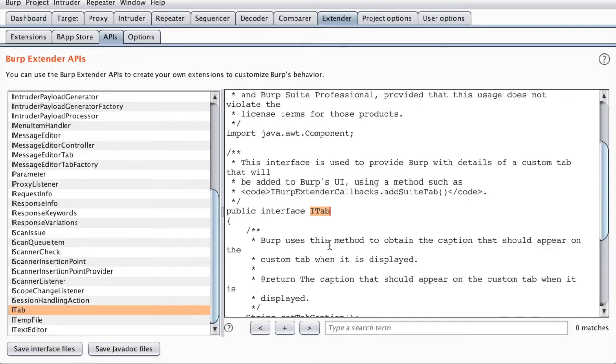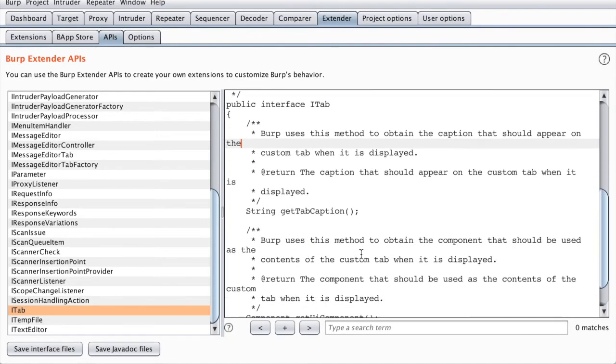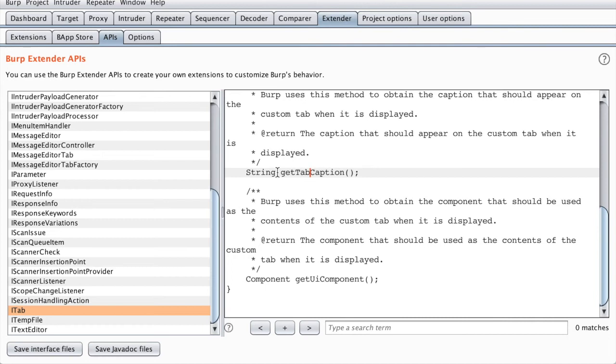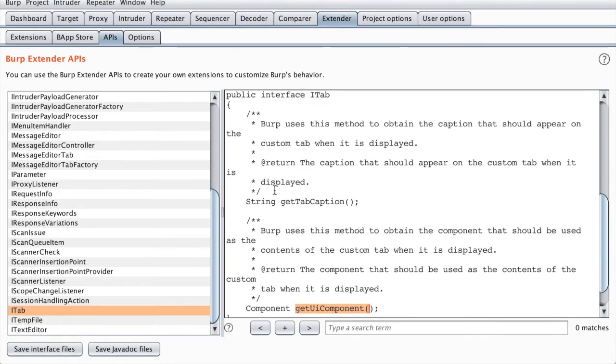Now let's move to the documentation again. You can see that there are two methods. One is getTabCaption and another is getUiComponent. For getTabCaption, you can see that it returns the caption that should appear on the custom tab.